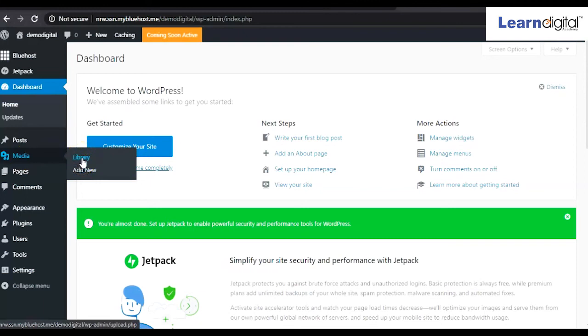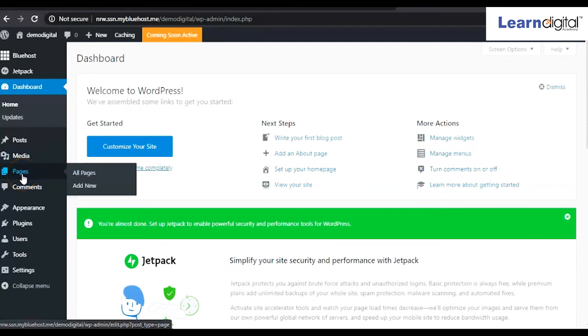So the next time, if you want to use the same images or videos, you don't need to go to your computer files or download that file. Simply you can select that image from here, right?